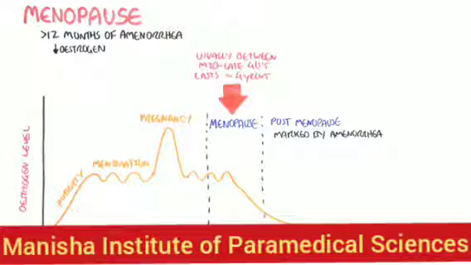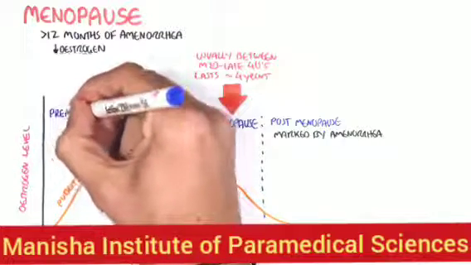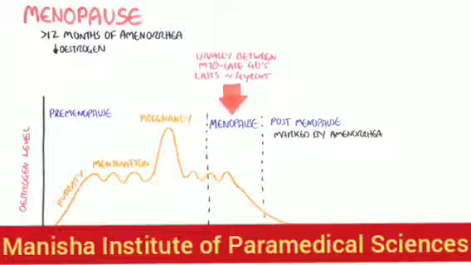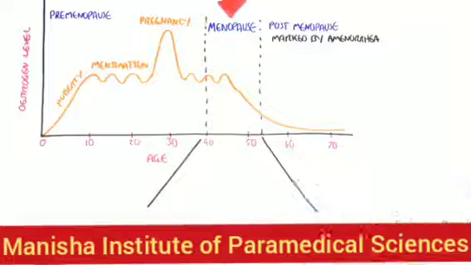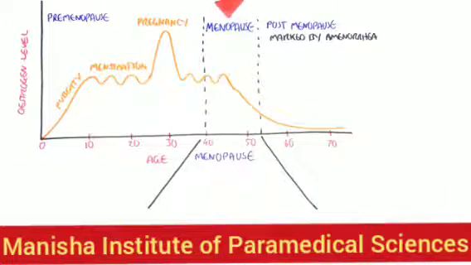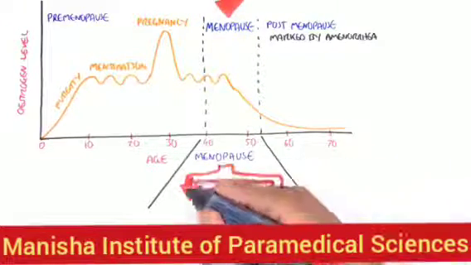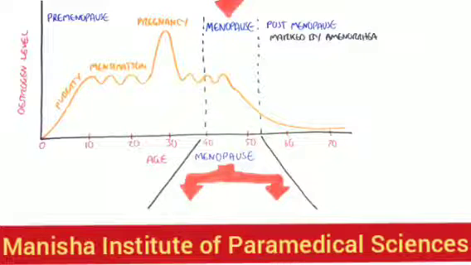And we will have a look at why there is no menstruation in menopause and why there is low estrogen. So we can say that before menopause, when estrogen levels are rising and relatively stable, this is the premenopause stage. So let's have a closer look at the two stages of menopause, the early and late stage of menopause.